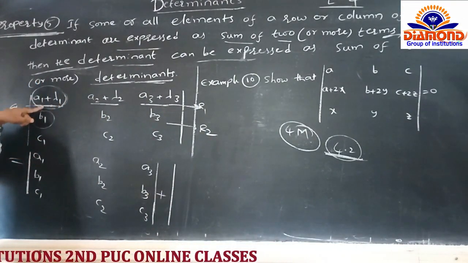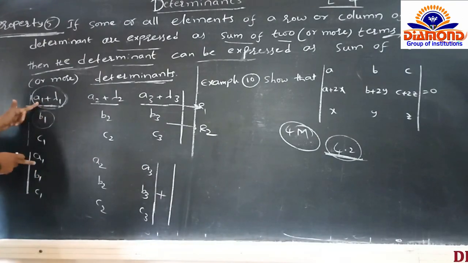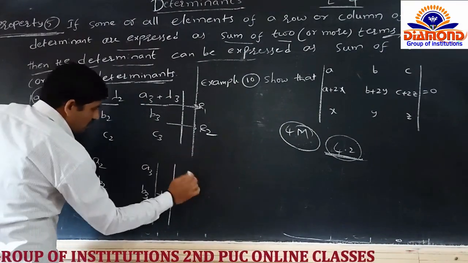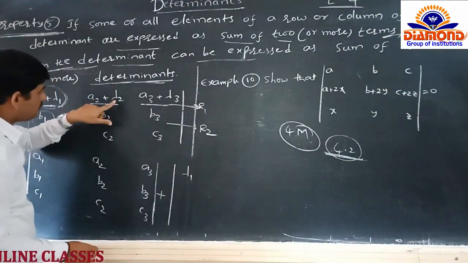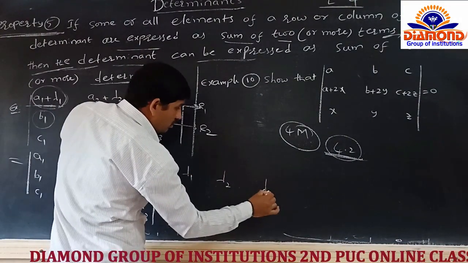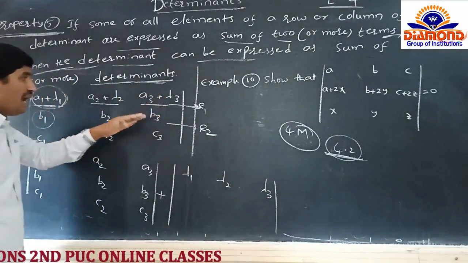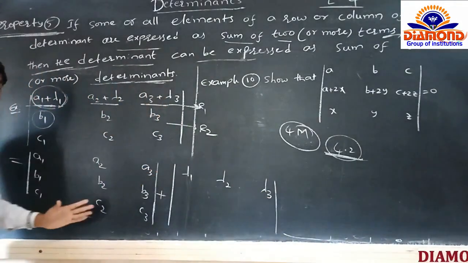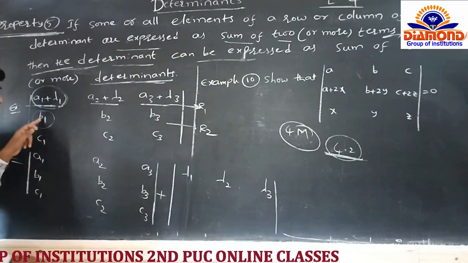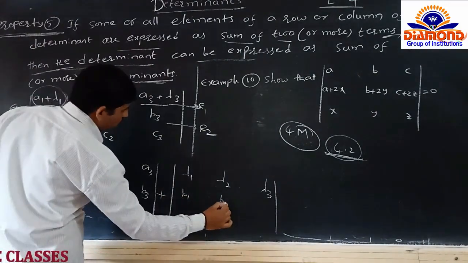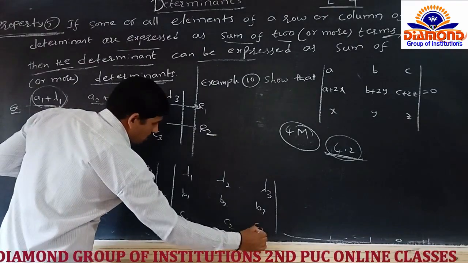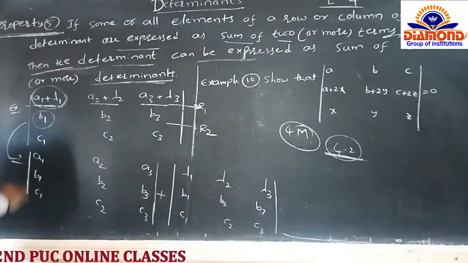In the first element, there is no need to take the first term now because we already got the first term. We have to write the second term, lambda 1. And in the second element, the second term, lambda 2. In the third element, the second term, that is lambda 3. After writing the first row, again we write the second and third rows as usual. No changes in the second and third. See B1, B2, B3, C1, C2, C3. So what are you observing from this?